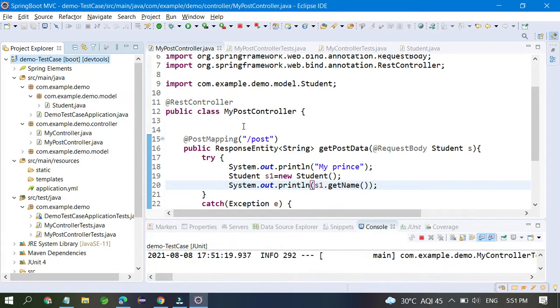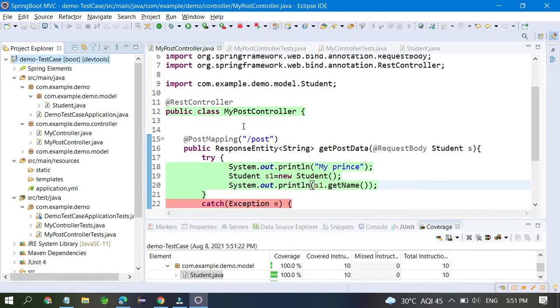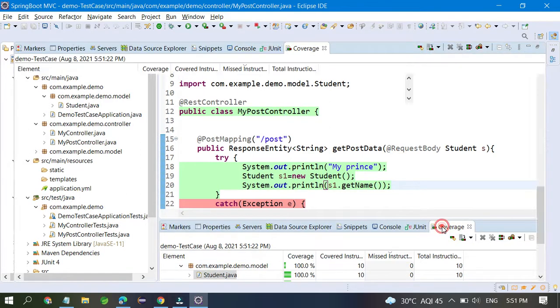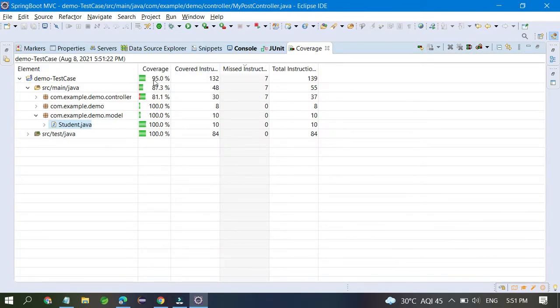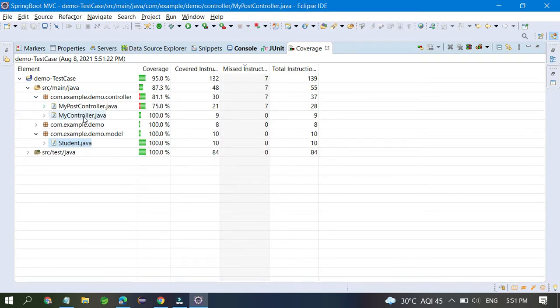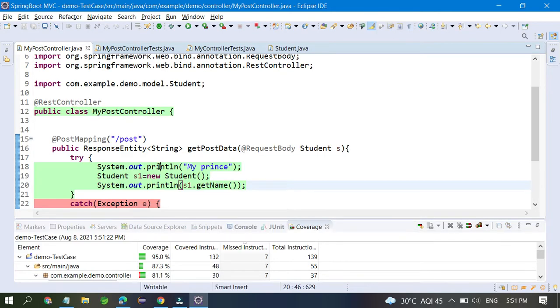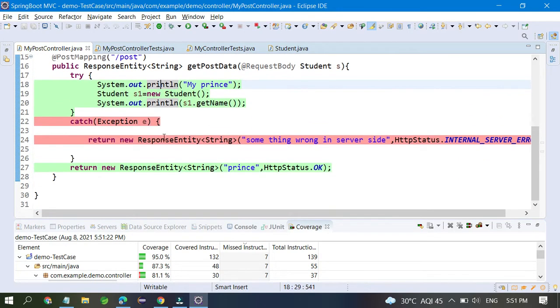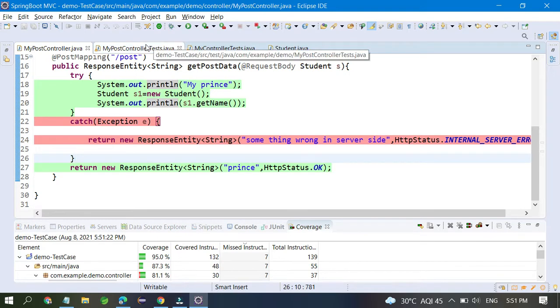Okay, right now you can see your code coverage is 95.0%, because you removed the getters and setters and you have written this code like that. Okay, only this line is not executed, that's why it gave you 95%. 5% is a discount you can say.